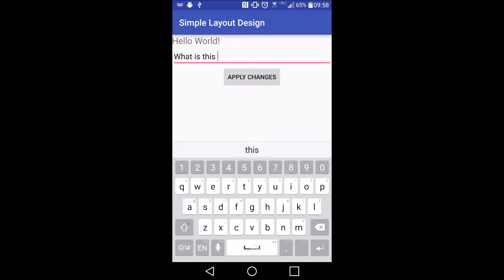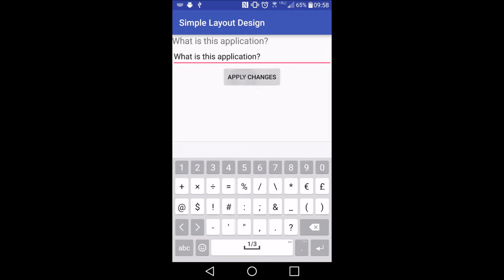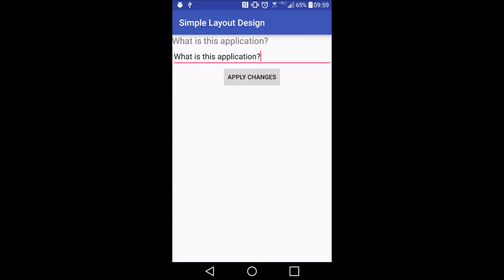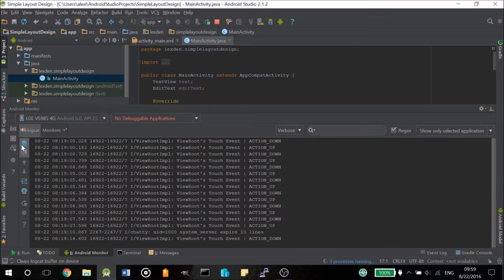What is this application? And apply changes, and there it is, right in the text view. Works perfectly. It is granted very, very simple so far, but next we can add our own little thing of